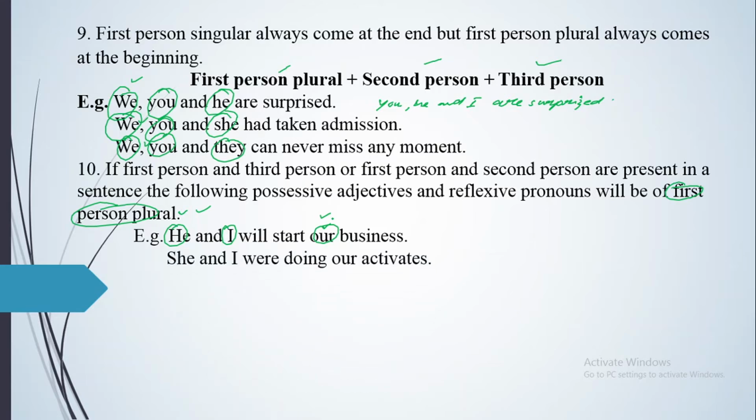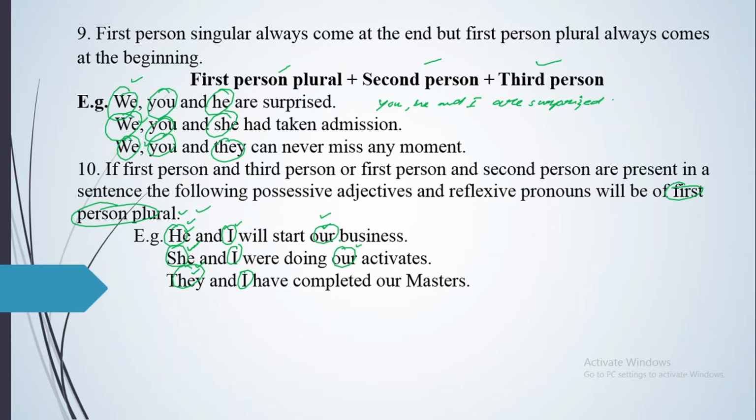Second example: she and I were doing our activities, not their activities or your activities. So she and I were doing our activities. Our is the possessive adjective. Third example: they and I. Now see, it is third person and third person. Third person masculine, third person feminine, third person plural. And after that, the sequence: when it is singular, first person will come at the end. He and I, she and I, they and I. With them at the end, when you are going to put the possessive case,